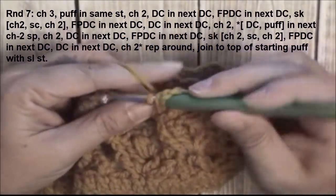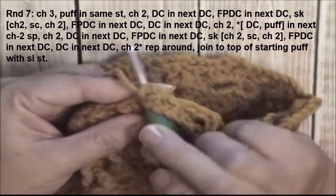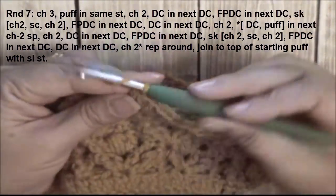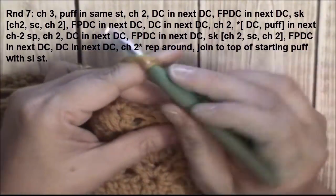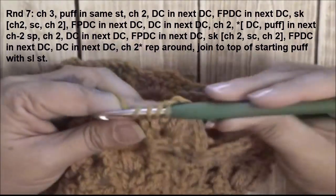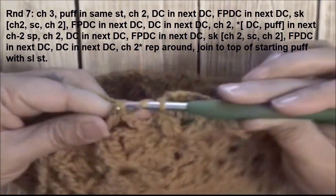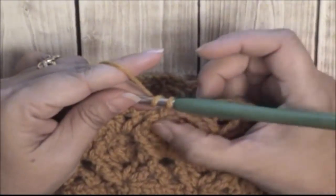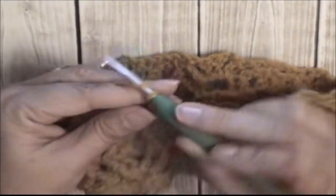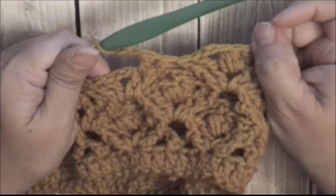So let's see, double crochet into the next chain 2 space here, and then puff stitch, yarn over, that's 2, yarn over, drop the loop like that, go through all 7, chain 1 to close, chain 2, double crochet in the next double crochet, front post in the next double crochet, skip these stitches here, do a front post in the next double crochet, front post double crochet, and then a double crochet in the next double crochet, and then we will chain 2, and we'll repeat what we just did all the way around,